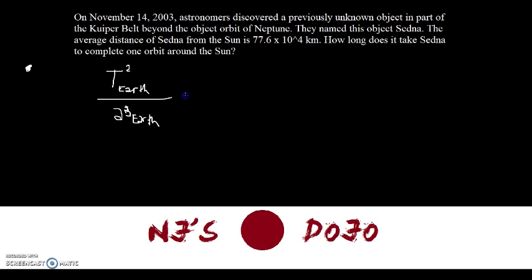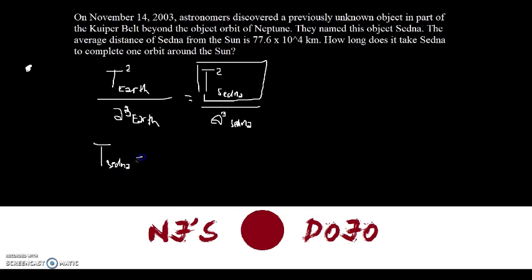Okay, so we equate it to the squared period of Sedna over the cubed radius of the orbit of Sedna. Because this holds true for basically every celestial object, because this is proportionate to all celestial objects. So now, since we're looking for the period, or how long it takes Sedna to complete one orbit around the Sun, we have to take into account this variable. So we can simply rearrange